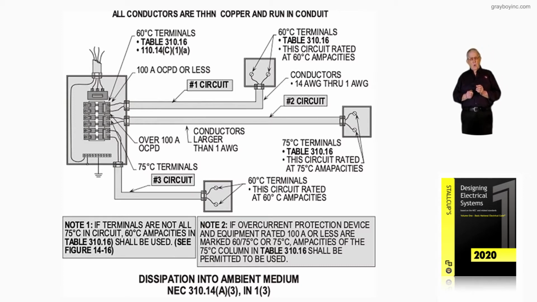110.14(C)(1)(a) or (b), that if the overcurrent device is 100 amps or less, it's automatically 60 degrees C terminals, unless the circuit breaker or the equipment is marked 60/75. Well, with the 60 degrees C marking there, you can use cable. All cables are 60 degrees C unless otherwise marked for 75 degrees C. This is well illustrated in section